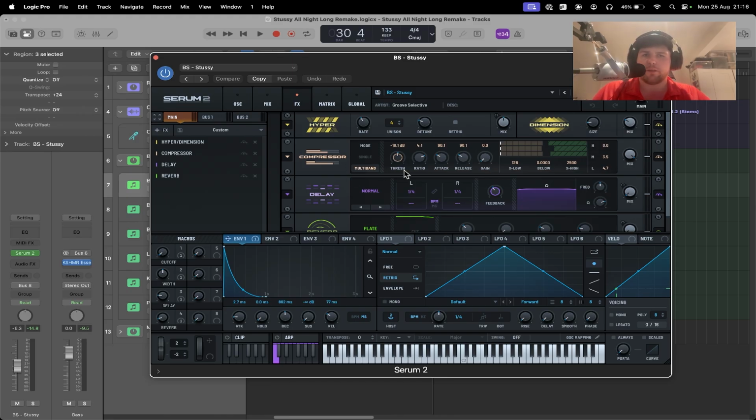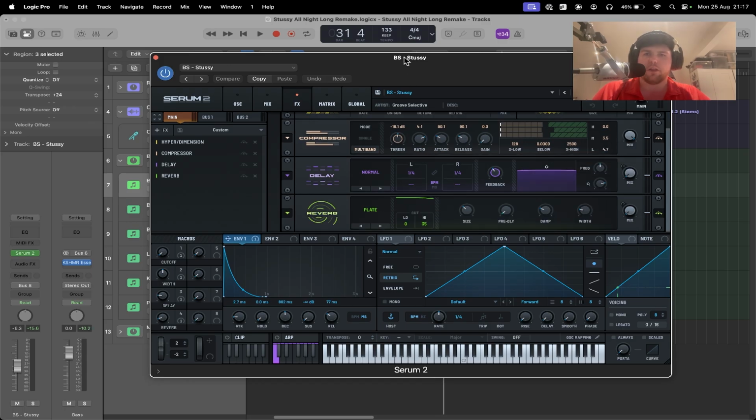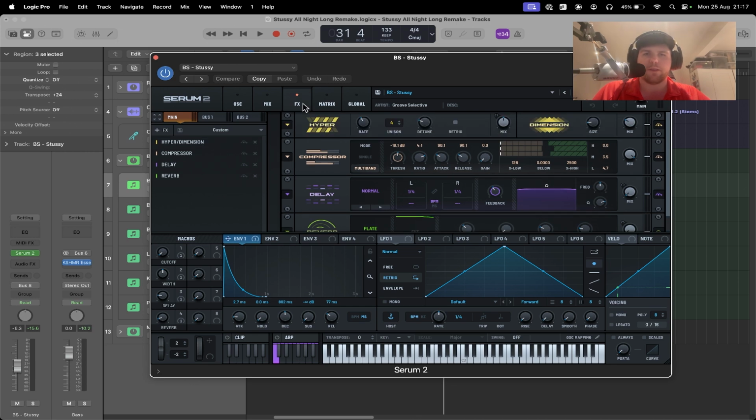Using a multi-band compressor, I'm just bringing out some of the lows and some of the mid-range. So I'm using a delay, and that's being controlled by my macro here, and I've turned it up to +18, and then my reverb is turned up to +10. It's a fairly simple sound, however, it's really effective, and with it you can create that iconic bass line in